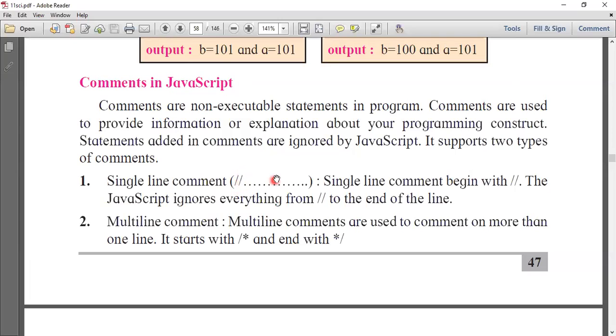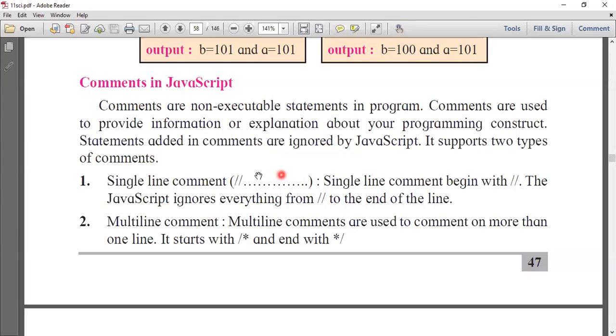Whatever is written next to the double slash will never execute. But this works for a single statement only; it will not work for the second sentence. So use a double slash and then write whatever you don't want to display on the page.